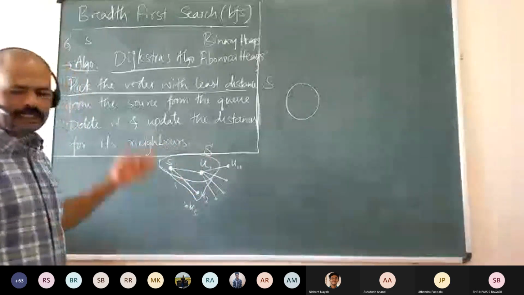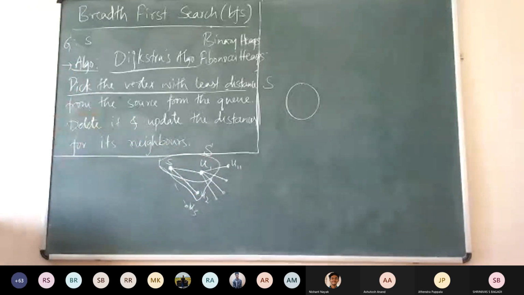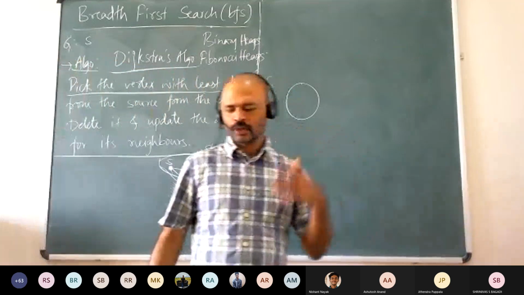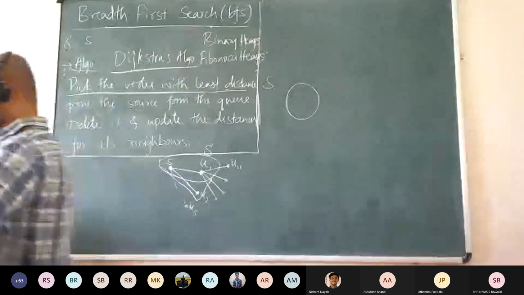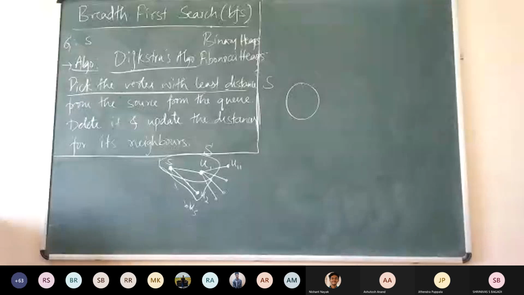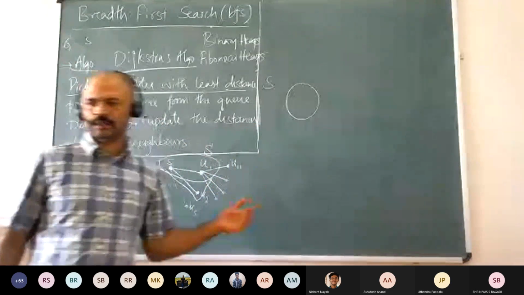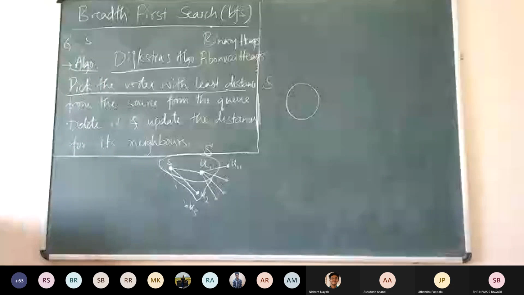So that is the idea. Basically, you can think of this as a greedy algorithm. We are being greedy with respect to the closeness to the source. In other words, even breadth first search is a greedy algorithm, greedy in the sense that you will explore those vertices which are closer to the source. Here we are doing exactly the same thing, considering weights into the picture. That's all. Okay, so is that fine?